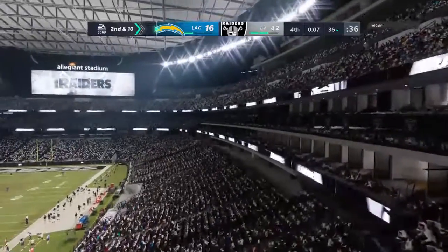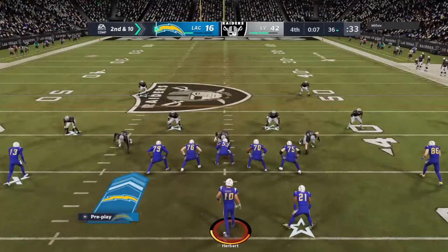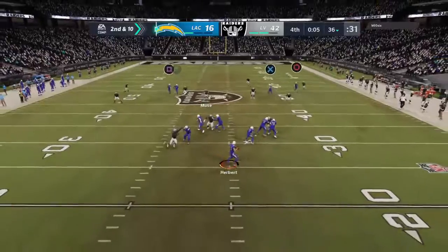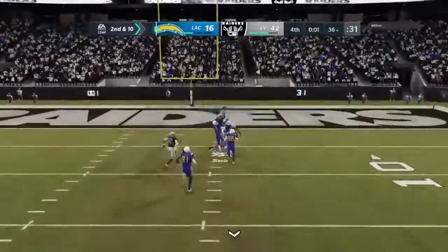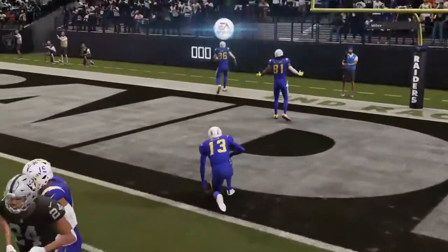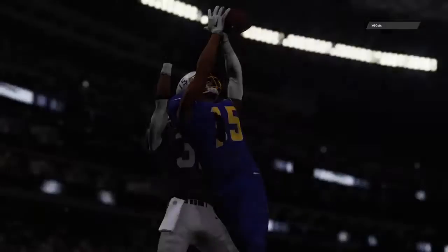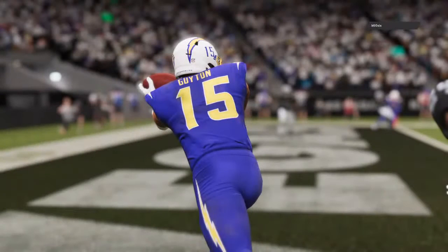Incomplete. It's now 2nd and 10. They'll try again from the 36 on 2nd and 10. To throw again. Herbert. Now a desperation throw deep downfield. And that will be incomplete, as time has run out on this football game. Big offensive explosion helped leading them to victory, and the defensive guys, they're just saying, hey, put those points up every week, we'll just keep winning. They will great